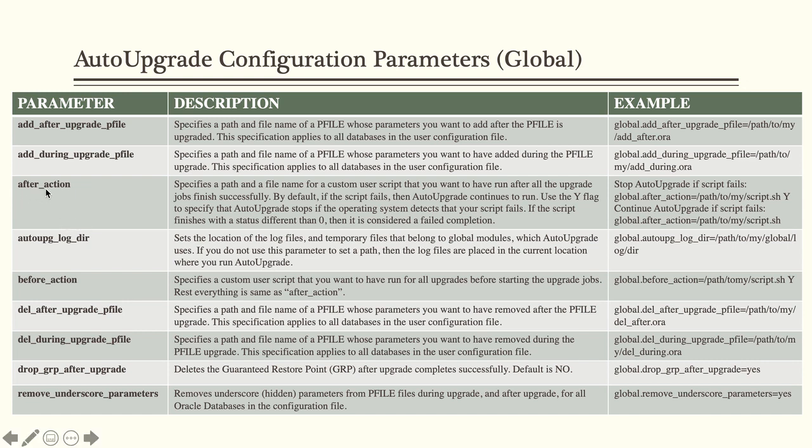So the way you have after action, the same way you have a before action. If there are any fixes that you would like to do on the source database before the upgrade starts, then you can define your own custom script. So I'm going to show this as well, where in my 12.1 database, I have an Apex schema which I am not using, of version 4.x. If I run auto upgrade in deploy mode, it will fail with a fatal error saying, oh, while analyzing, I noticed that you are using an Apex schema of an older version. I'm not going to do the upgrade. I said, why not?